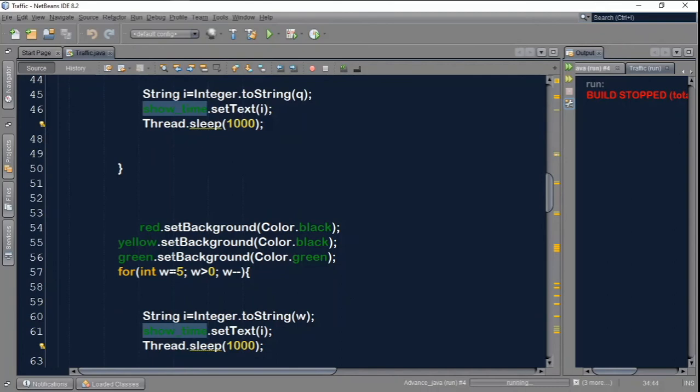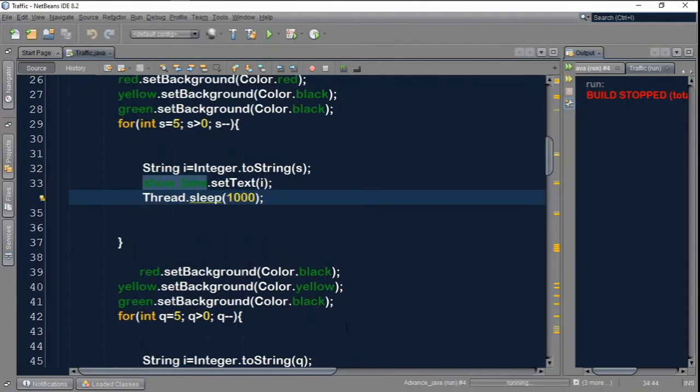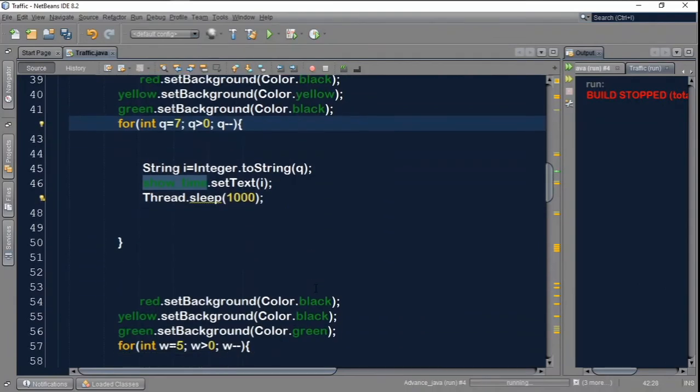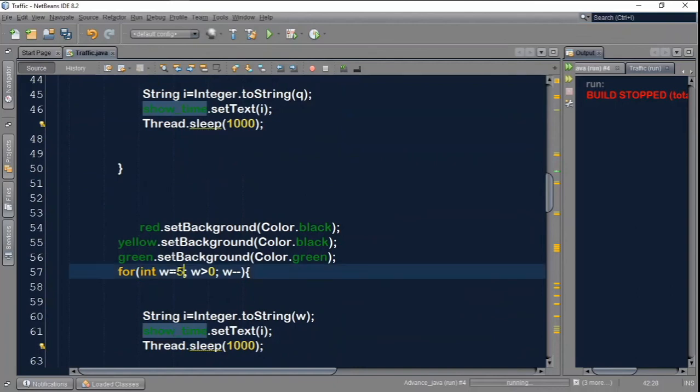Now, one thing I forgot to let you guys know is I had to give it a different time so it can actually sleep and then it's not going to collide with one another. So this is what I meant. The time I gave to this guy was 5. Now I'm supposed to increase this guy now to 7 so they don't collide with one another, which you know is the way the normal traffic light behaves. And then take this guy now to 3, and then I'm supposed to set, let's see,